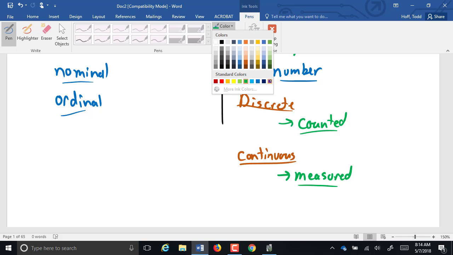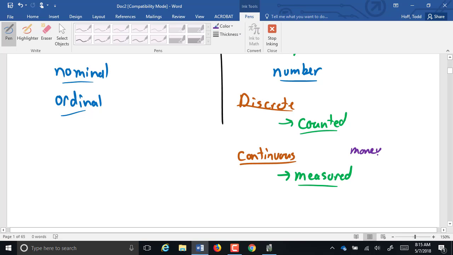Now, ones that fall into a gray area. Money. People say, well, money is decimal, but if you limit money to the penny, you can technically count money. Money quite often gets classified as discrete. Usually it's classified as discrete. Now, continuous doesn't mean it isn't going to be rounded at a certain point, but your rounding in a continuous variable is only limited by your measuring device. Let's say you're using a micrometer that can only go to the 10,000th of an inch. You're going to round to the nearest 10,000th of an inch, but you only did that because that's the limit of your device. Theoretically, you could round to as small of a unit as you wanted to.